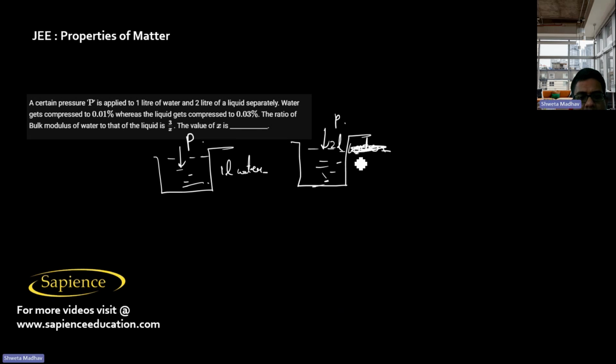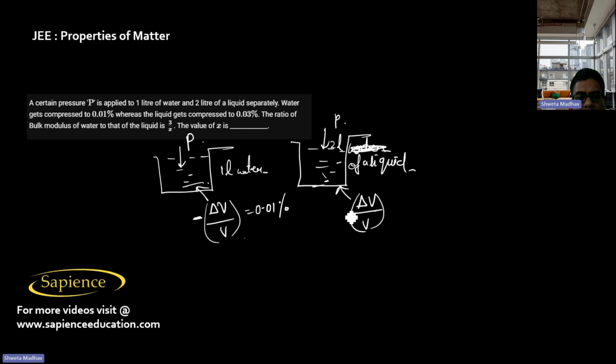So here actually water is not there. A 2 liter of liquid is there. And it is told water gets compressed by 0.01%, means delta V by V, or minus delta V by V. Since we have to find the percentage compression, that is 0.01%. And here the decrease in the volume or the compression is